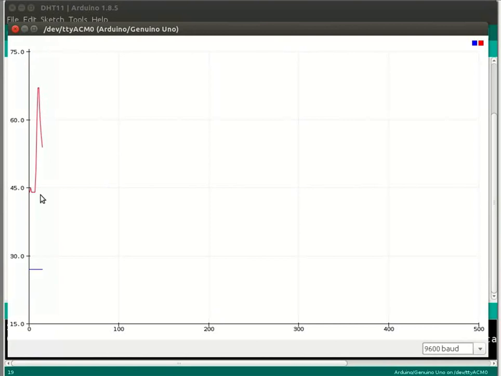Click on the compile button to verify your program. A pop-up window will appear to save the current program. Save the program as DHT11. Now click on Upload button to upload the current program on Arduino. We will see the output in the serial monitor screen.